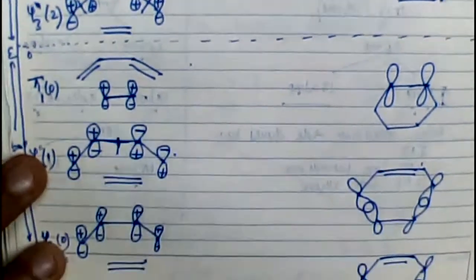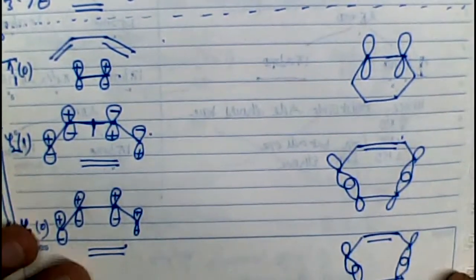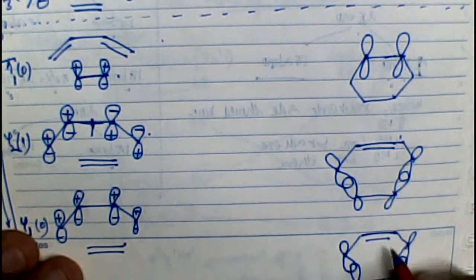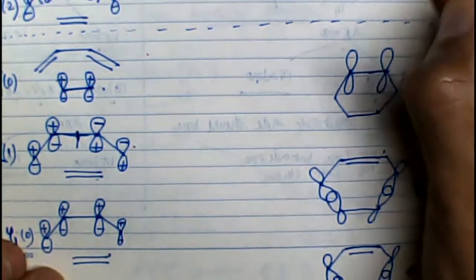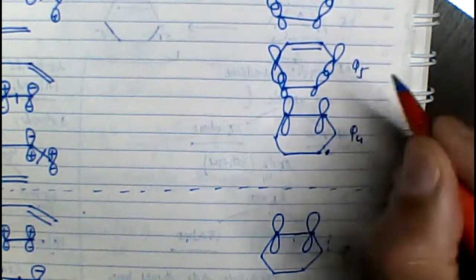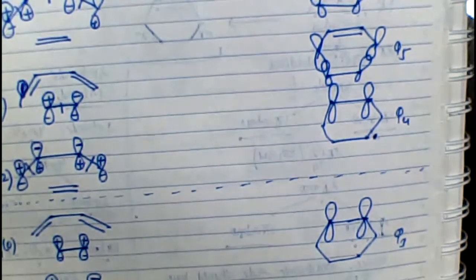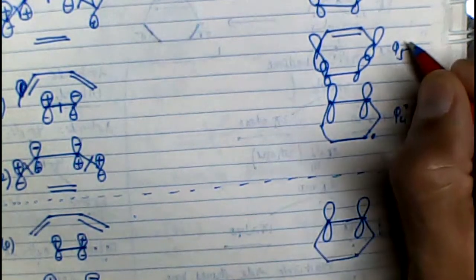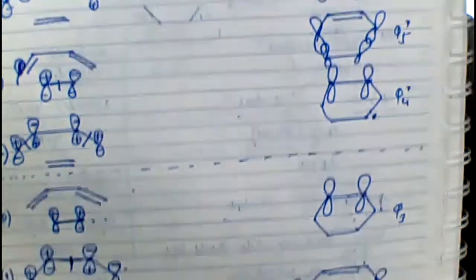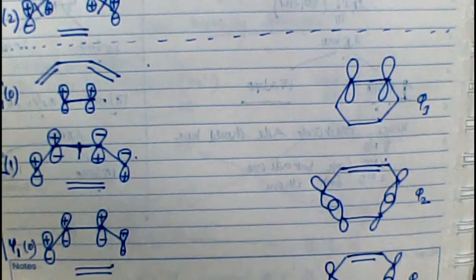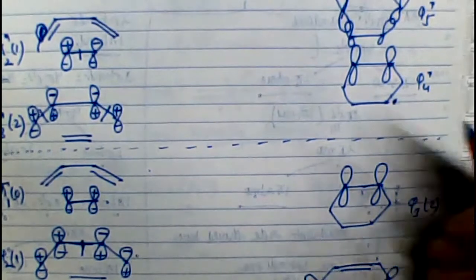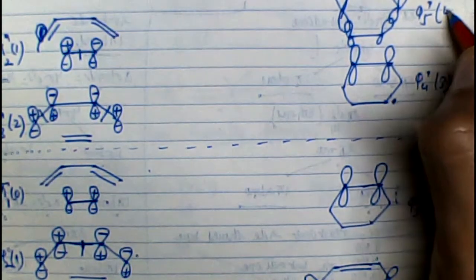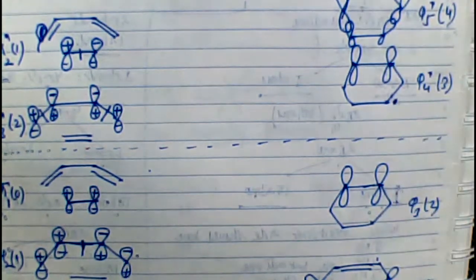Now, let's start putting in the signs. Of course, 4 molecular orbitals are coming from butadiene, and for the cyclohexene, let me call these phi 1, phi 2, phi 3, phi 4, phi 5 and phi 6. Since phi 4, phi 5 and phi 6 are on the anti-bonding side, I put the star sign here, and since phi 1, phi 2, phi 3 are on the bonding side, there is no star sign here. Since phi 1 is the most stable orbital, it should have 0 nodes, phi 2 should have 1, phi 3 2, phi 4 star should have 3 nodes, phi 5 star should have 4 nodes, and phi 6 star should have 5 nodes, like this.